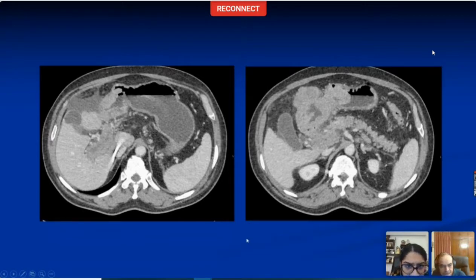Sir, I'm not able to see the portal vein. Is it on a different image or is it thrombosed? Right. When we looked at this, we also could not see the portal vein on any of the images, and this appeared to be a thrombosed portal vein. Now, how do you describe this thrombus? What is it doing to the lumen of the vein? Sir, it is causing distension of the lumen.